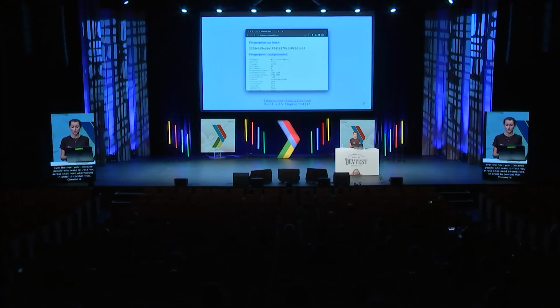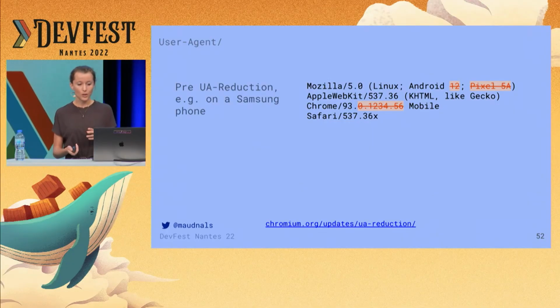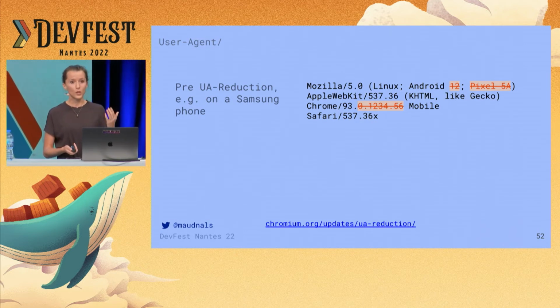So in order to combat fingerprinting, what, among others, Chrome is doing is gradually reducing the granularity of the information that's within that user agent string. The goal is to make your user agent string a little less unique, so that it's harder to uniquely identify you across sites with your user agent string and other elements combined. So initially, this is what the user agent string looked like in Chrome for a Samsung phone before that gradual reduction. The orange bits are going to be changed or removed when the gradual reduction is over.